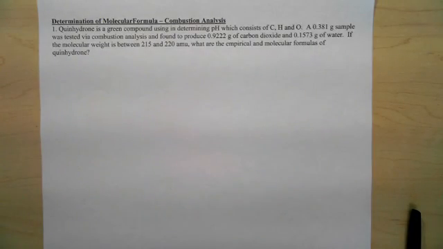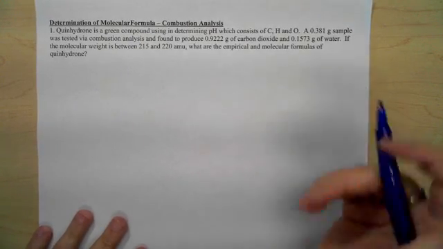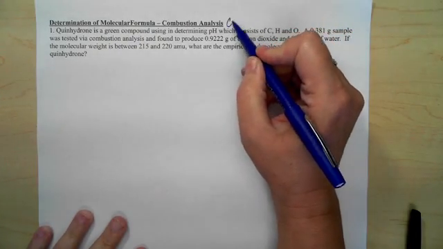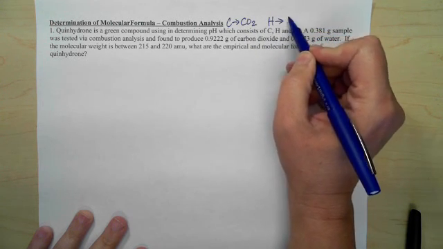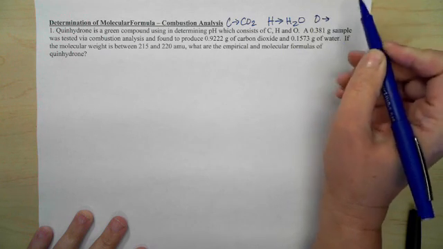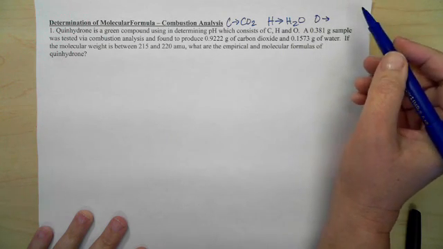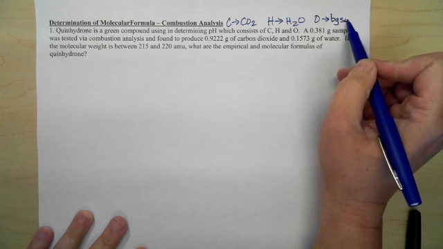In this problem, we're going to work a combustion analysis problem where we can determine the empirical and molecular formula of a compound. Now, remember, all of the carbon is converted to CO2, hydrogen is converted to water, and you find the oxygen in this case. It can be nitrogen, sulfur, any other element by subtraction